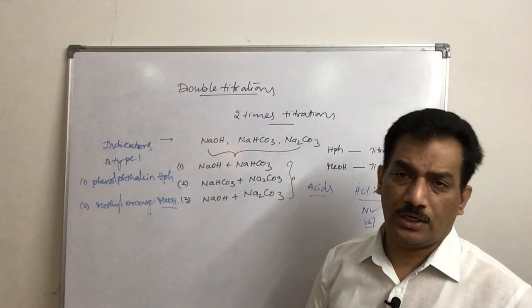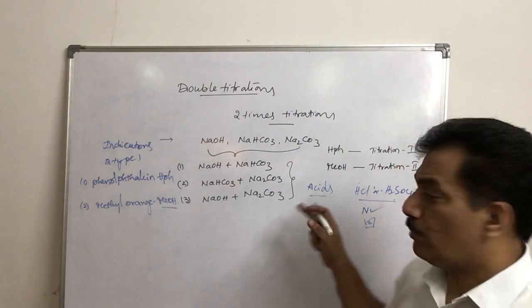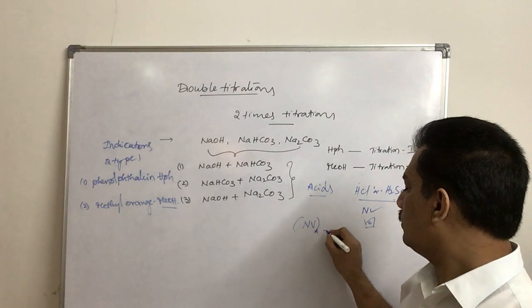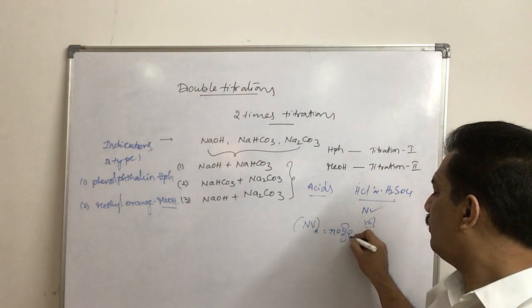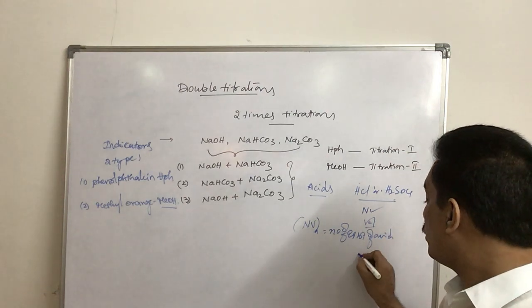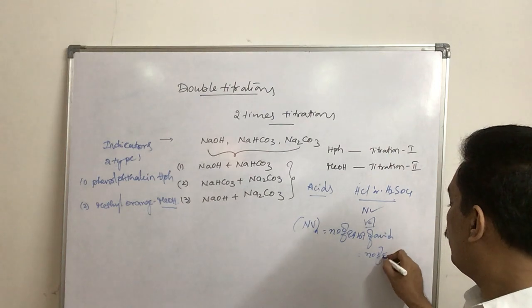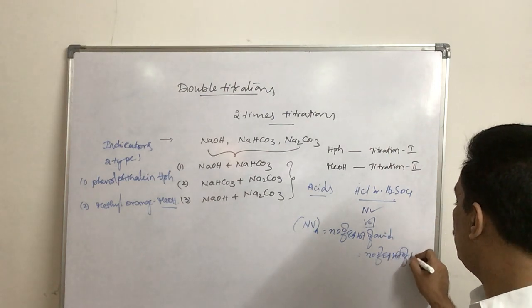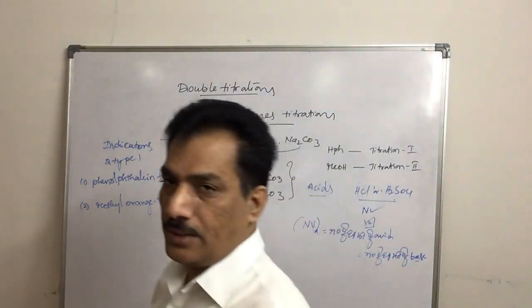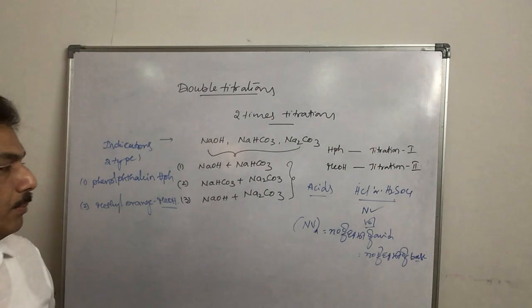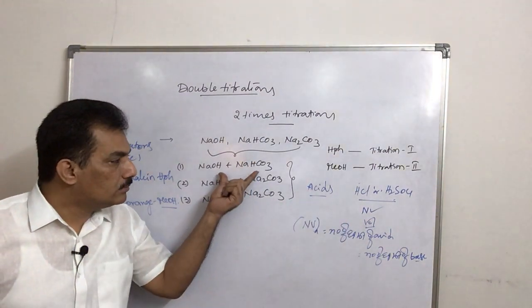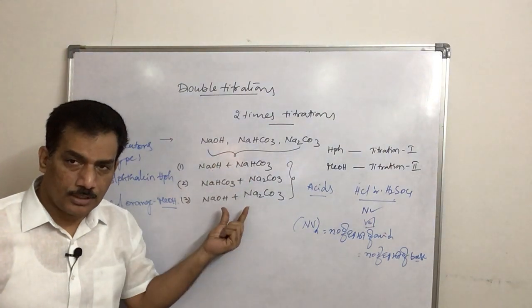consider that the endpoint came, and there we can calculate the number of equivalent weights of acid, NV of acid, nothing but the number of equivalent weights of acid at the end point is equal to the number of equivalent weights of base. This is the fundamental rule or principle related to titrations, is it not? And thereby, by using these acids, we are titrating this mixture solution, any one of these three.